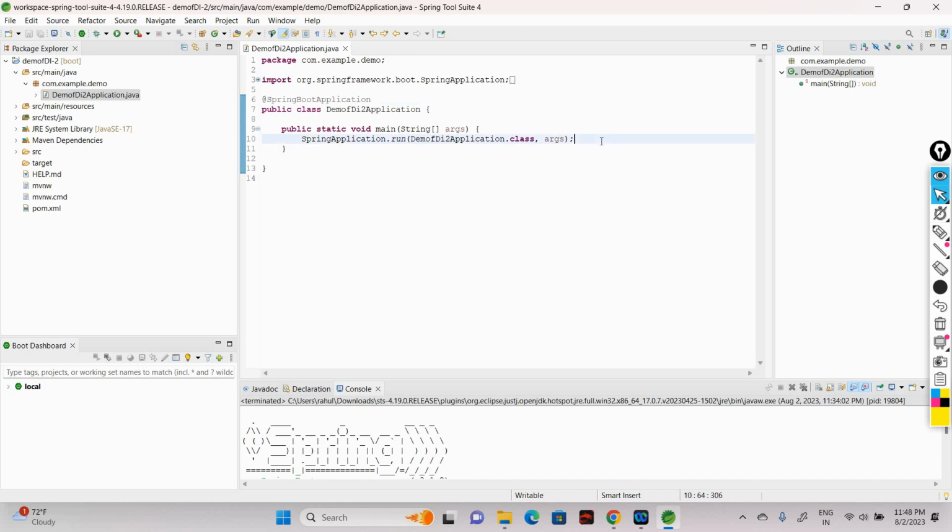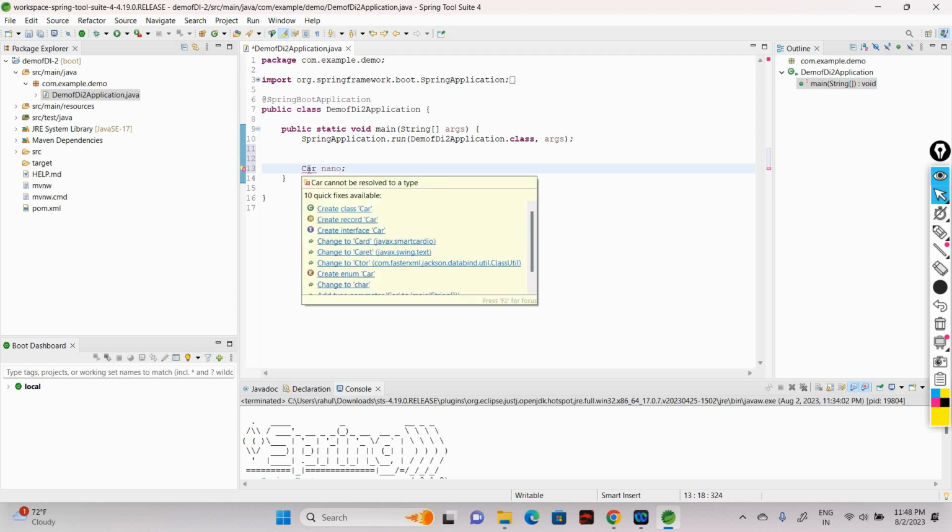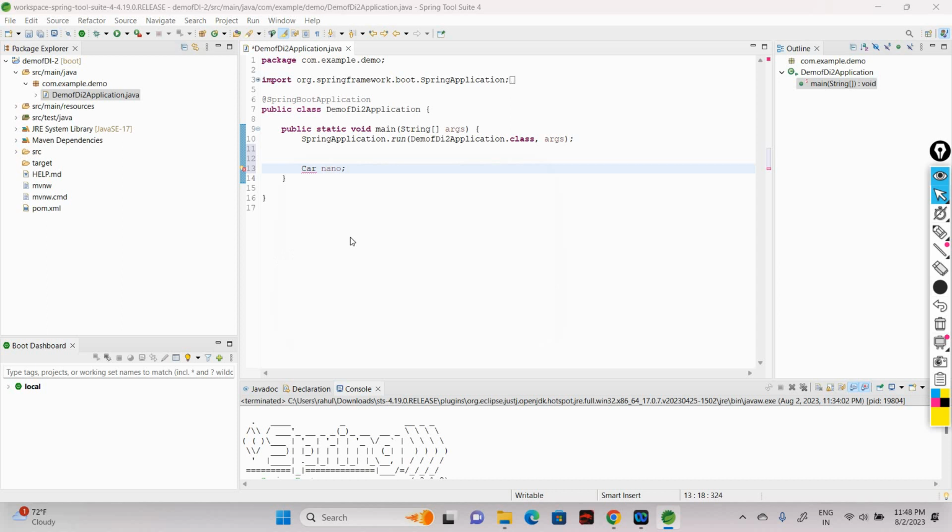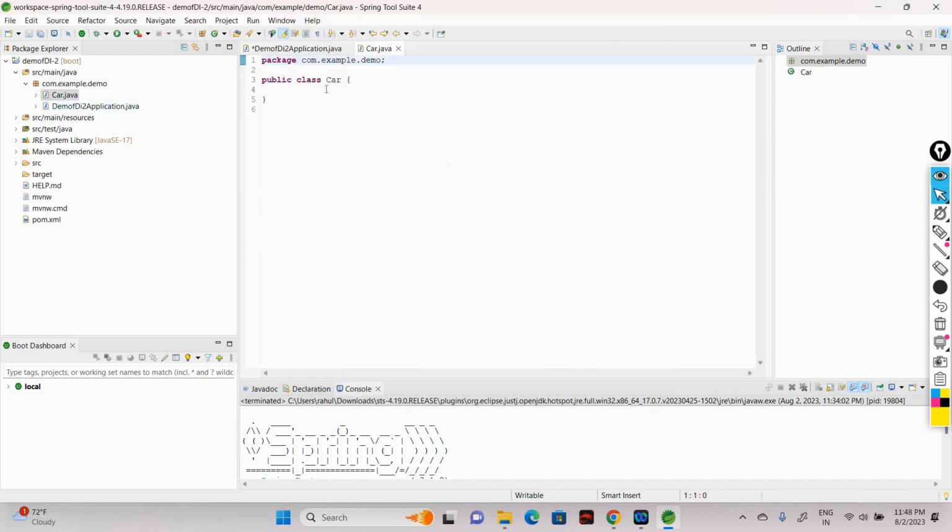Suppose I have a class of car like we discussed, car nano. Just try to see what errors are coming. It is saying there is no car. Let's create a class car. As you can see, a car class has been created. Let's put a method in this. What method should we put? Let's say it is